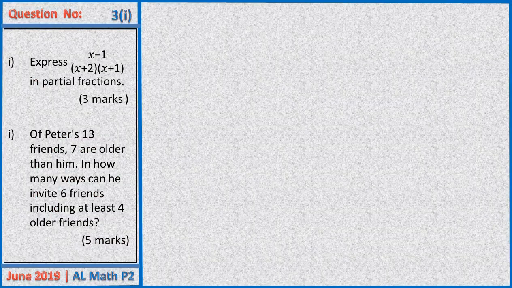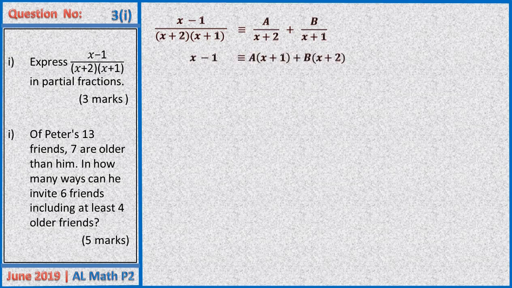Question 3, express that as a partial fraction. So this function or this expression is identical to a over (x plus 2) plus b over (x plus 1). Multiplying all through by the denominator gives us x minus 1 identical to a into (x plus 1) plus b into (x plus 2). Expanding, we have ax plus a plus bx plus